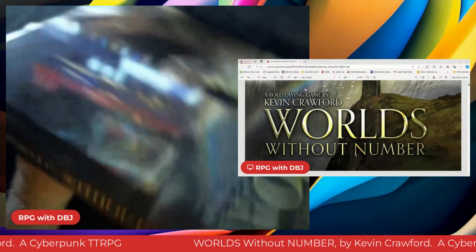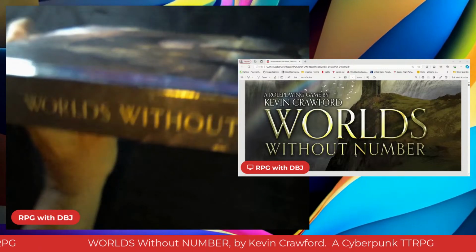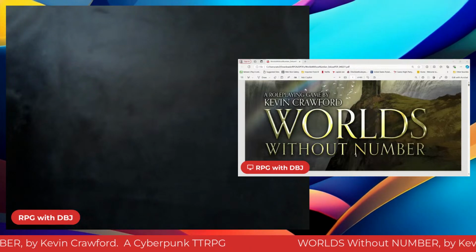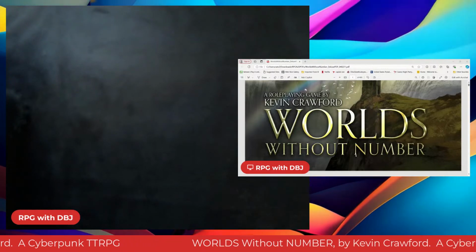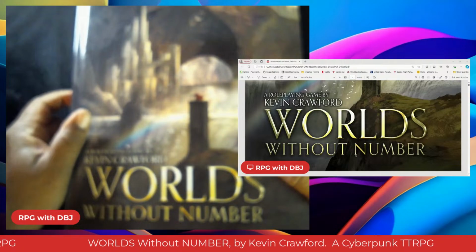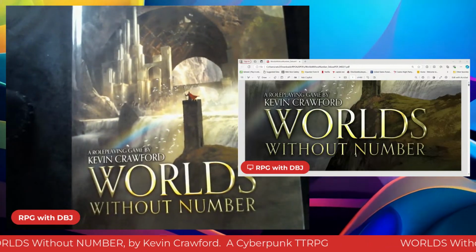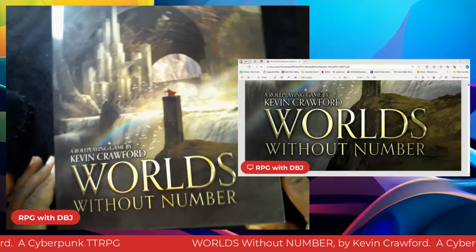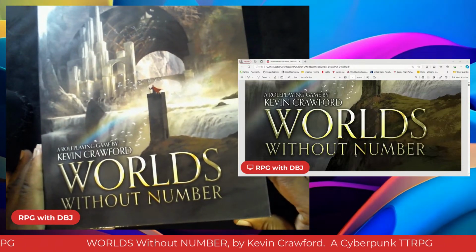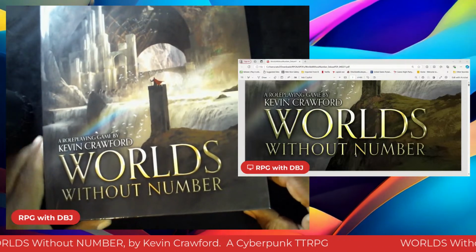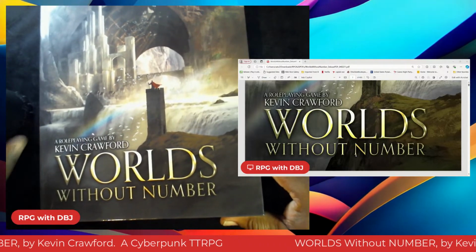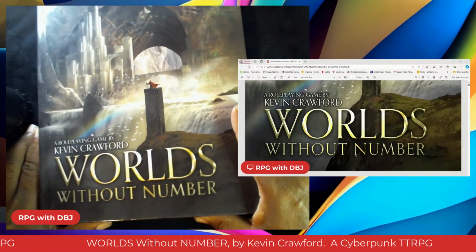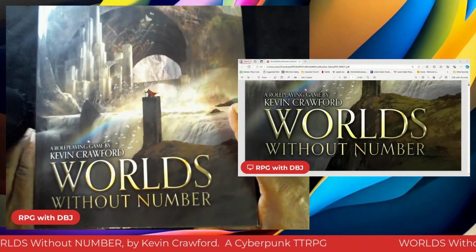It doesn't matter. OSR tends to go along the lines of rules light in current parlance, and maybe that's not necessarily the case, simply because this book, Worlds Without Number, is, wow, I didn't even count the pages, almost 400 pages, 391, give or take. And when you've got that many pages, you're like, is it really rules light? Well, technically it is. And the reason why I would agree that it is OSR is because while the rules are light, it gives a lot of best practices. I mentioned that the other day.